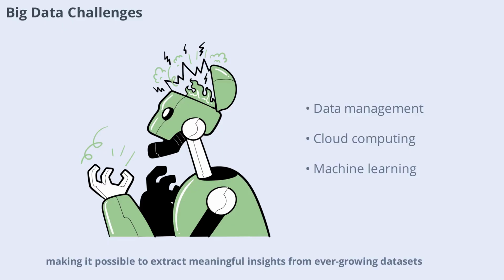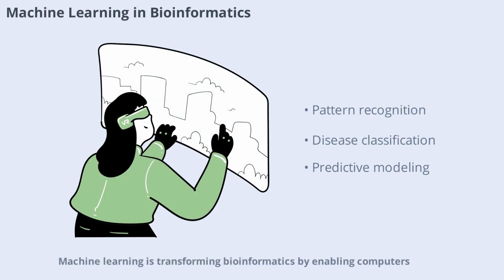from ever-growing datasets. Machine learning is transforming bioinformatics by enabling computers to recognize patterns and make predictions from complex data. These techniques are used to classify diseases, predict protein structures, and discover new drug candidates. As algorithms become more sophisticated, machine learning will play an even bigger role in unlocking the secrets hidden within biological